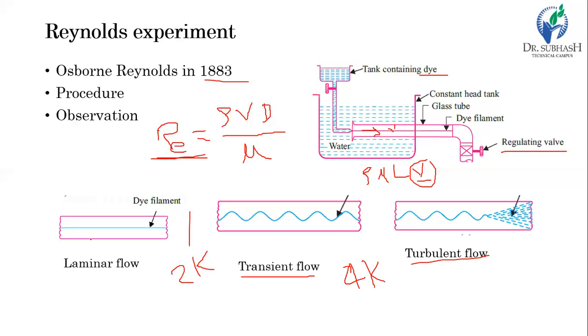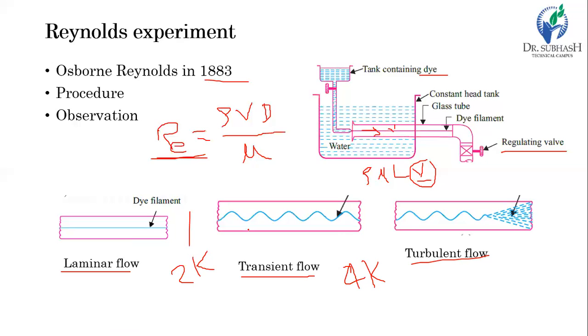So what is the characteristic in these three different types of observation? In the first observation, it is laminar flow with very low velocity, and the Reynolds number is less than 2000. In that case, he observed that all the particles of the fluid flow layer by layer, and as per the characteristic we have discussed, he observed no mixing of two layers.